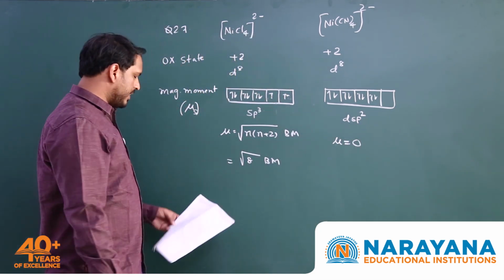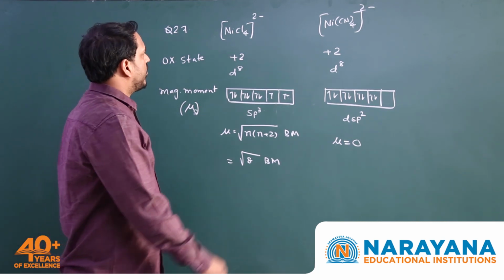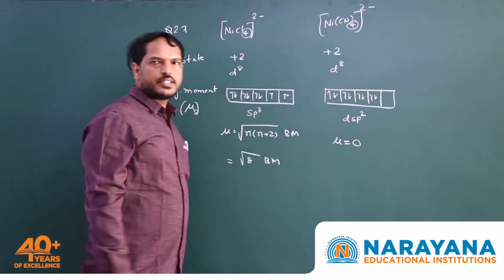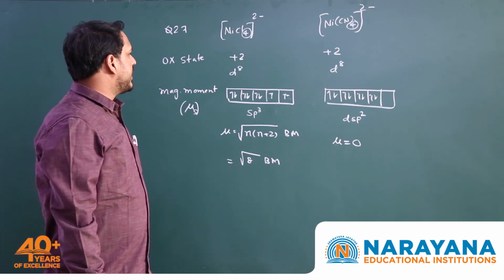If you take the third option, in the third option coordination number is asked. What is the coordination number here? Both are monodentate ligands, so coordination number is 4. Both have coordination number 4. So next it is asked,